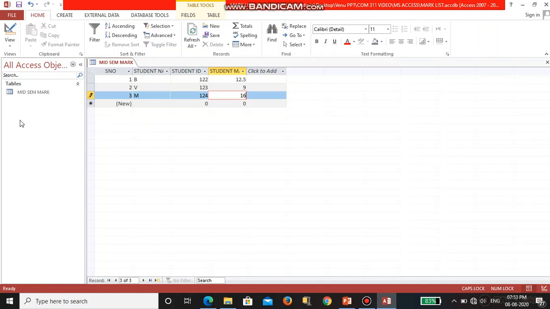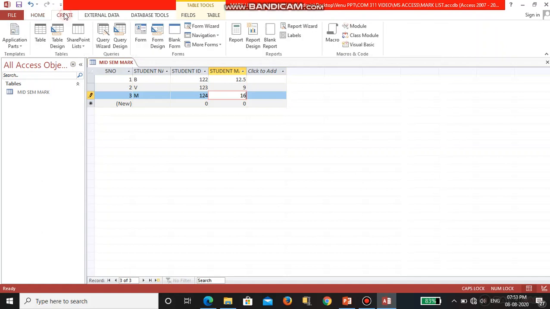I already told you that we can enter the data by using this table format, or in the form. To use the form option, you just click this table and then go to Form.